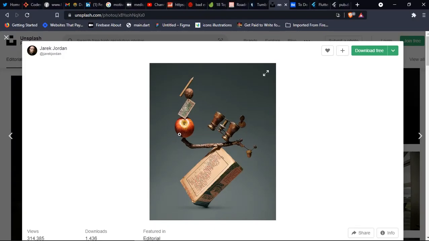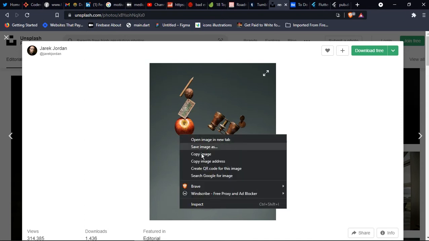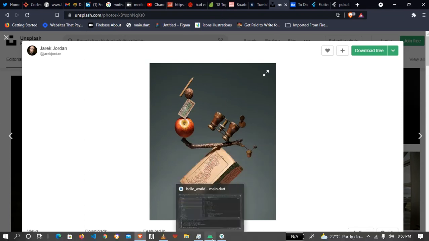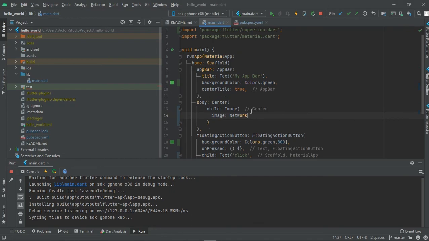So I found this image on Unsplash.com and I'll be using it in my website, in my app. So let's copy the image address and use it here. Network image, and here we have our string. Let me paste it,